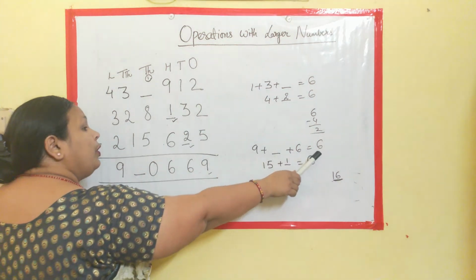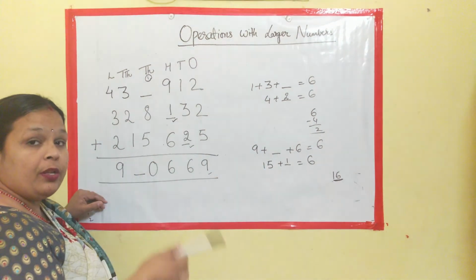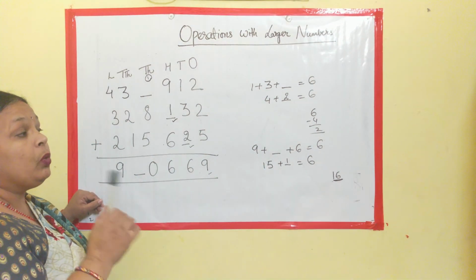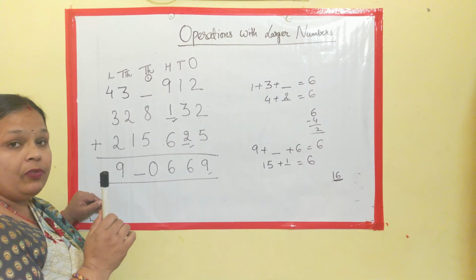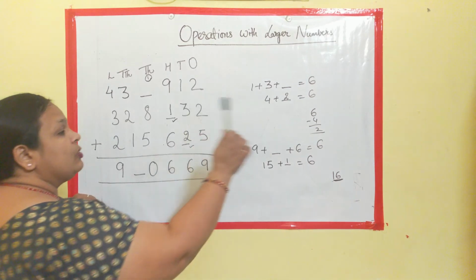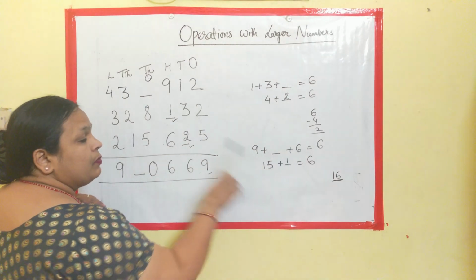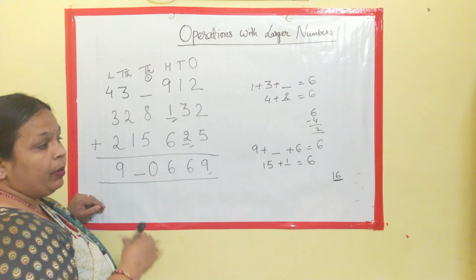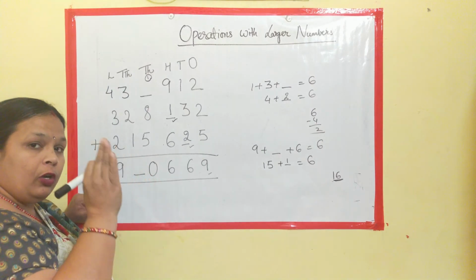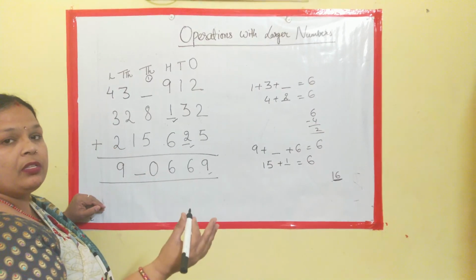See, I told you, here it could be 16, here it could be 26, here it could be 36. But whatever it is, the ones digit in the answer will be 6. Clear? Simple 6 is not possible because 9 plus 6 is 15 here itself, so the number must be more than 15. So for the number more than 15, try the lowest number, that is the immediate number, 16.